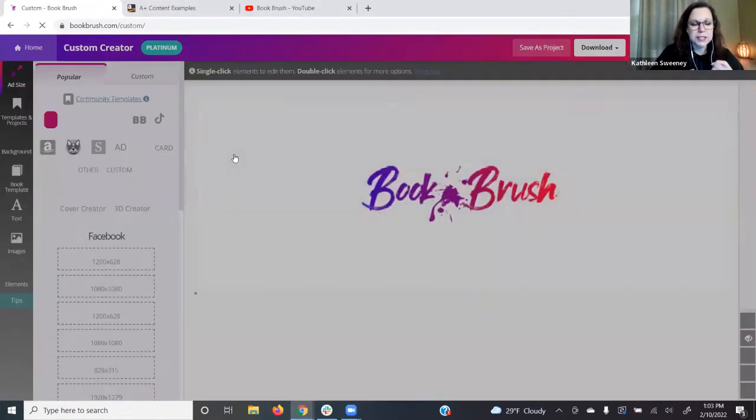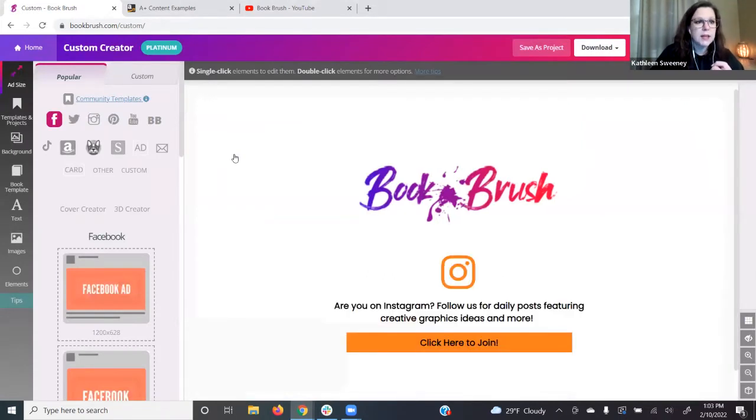This is our flagship tool. It's the first thing we built, and we're always adding new things to it. In here, you can create ads from scratch, or you can use templates, either one, and they're both available to free and paid users. The nice part for paid users is you can do unlimited downloads. So once you get in there, and if you're enjoying it, you can crank out a whole bunch of graphics and things like that. If you wanted to do an image from scratch, you'll use the tools on the left,